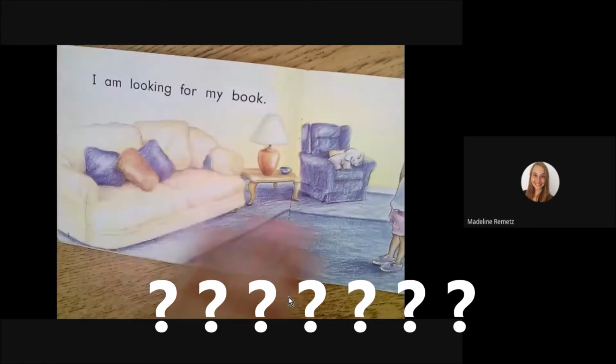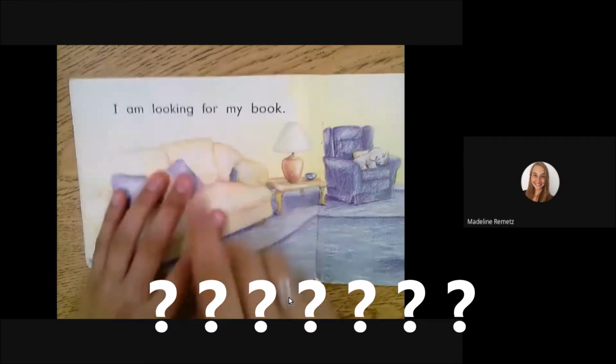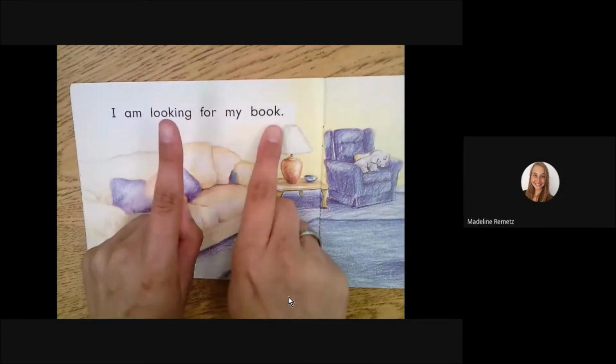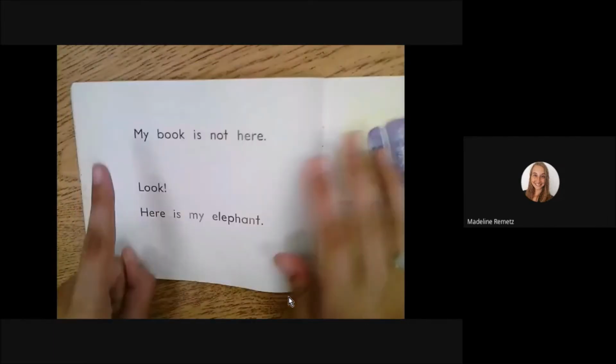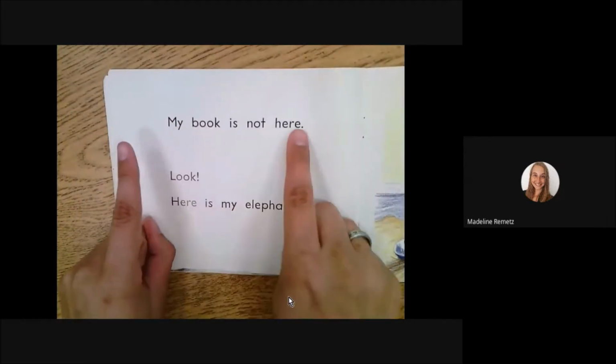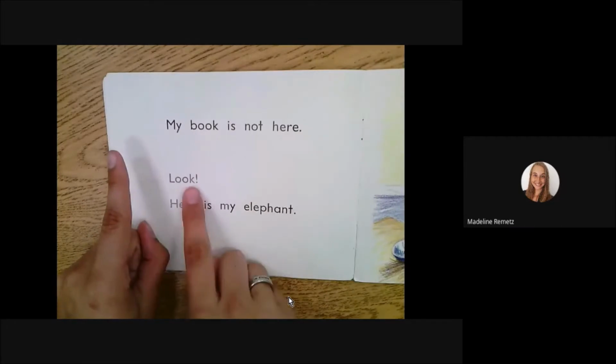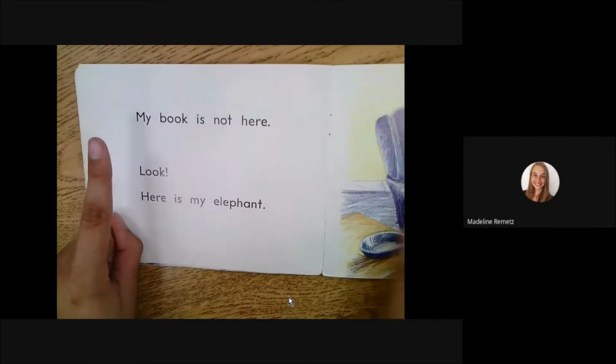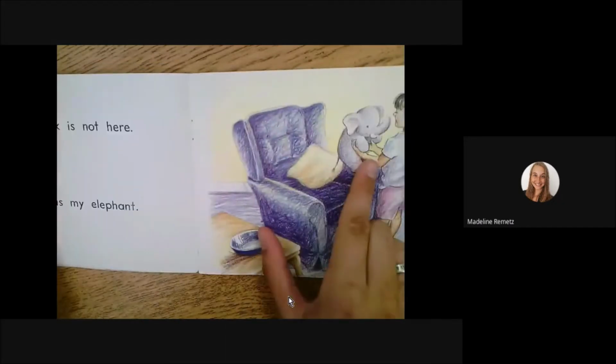I don't know what she's doing. She's standing there. I'm going to put a finger up. I'm blank for my book. My book is not here. Look, here is my stuffed animal. Here is my